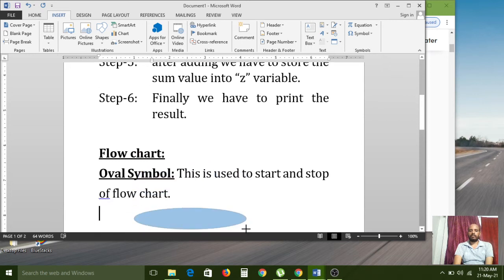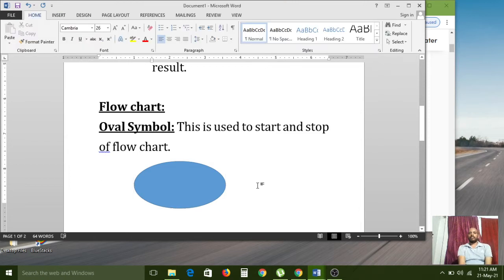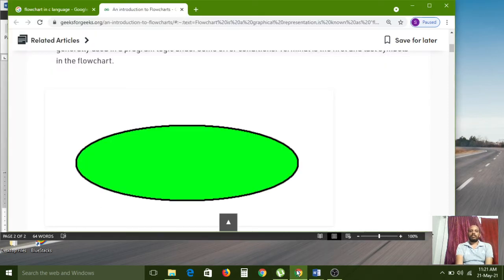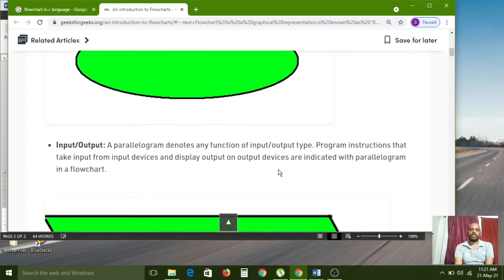This is the oval symbol, understand? For the flowchart opening and closing purpose we need to use that oval symbol.